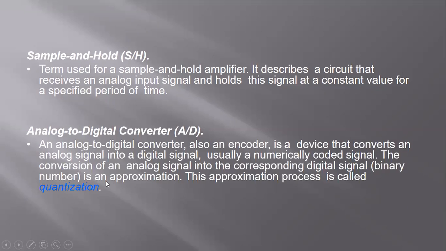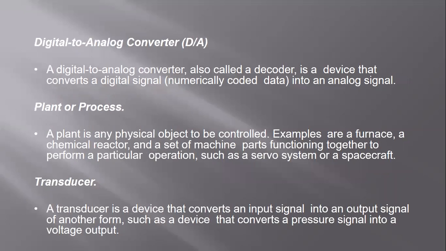The conversion of an analog signal into the corresponding digital signal, that is a binary number, is an approximation, and this approximation process is called quantization. The digital to analog converter, also known as a decoder, is a device that converts a digital signal into